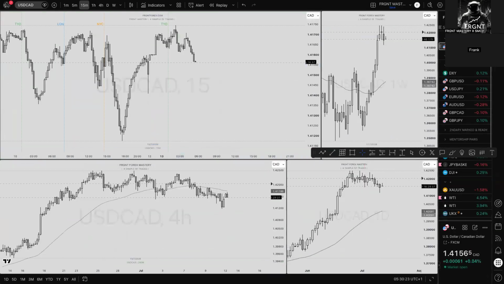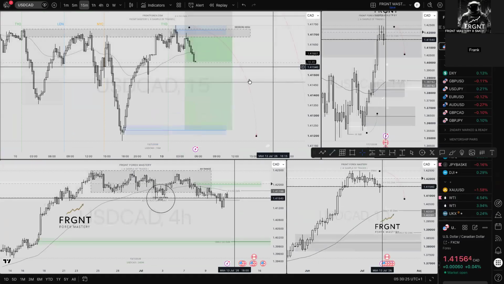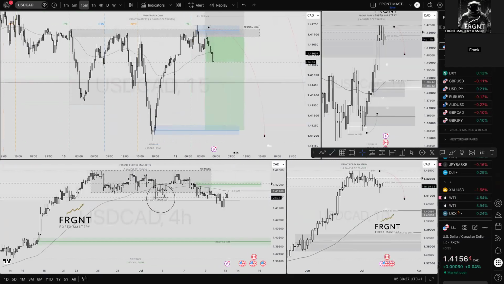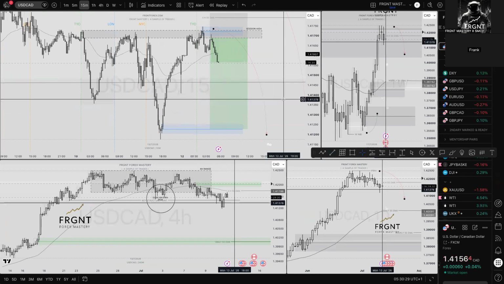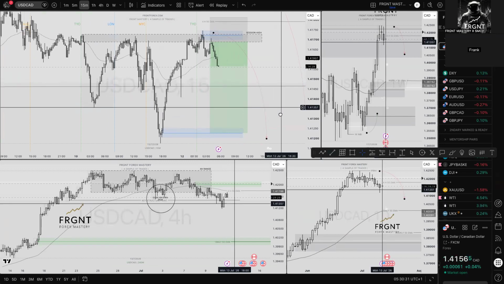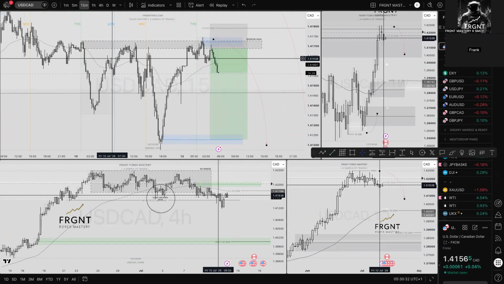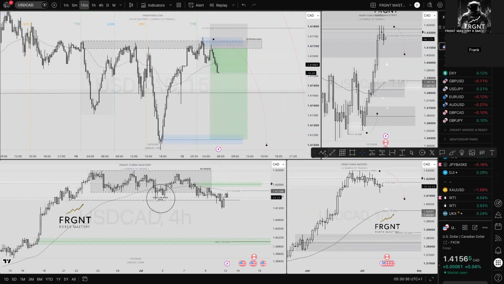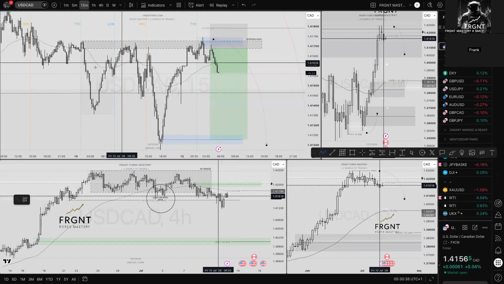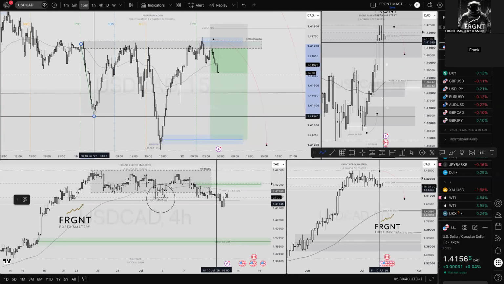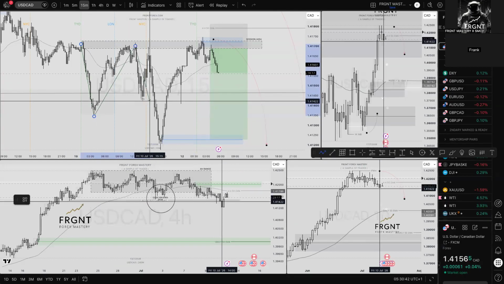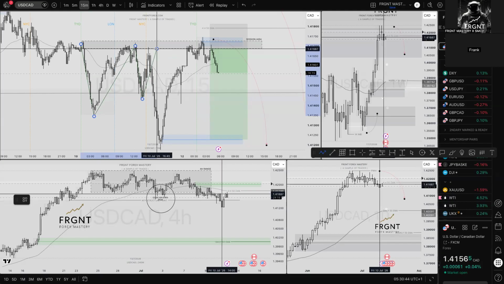Now, US dollar CAD is pretty much exactly the same. However, we don't have a 4-hour order block where we were trading from. What we have was a session high. So using the 15-minute time frame, we had a very similar setup on US dollar CAD. If you stay with me, here's a low in the market, lower high, failed to make a lower low, but the session high is being respected.